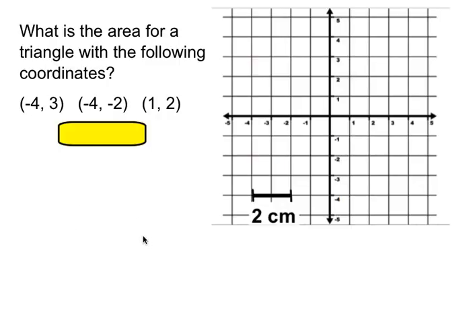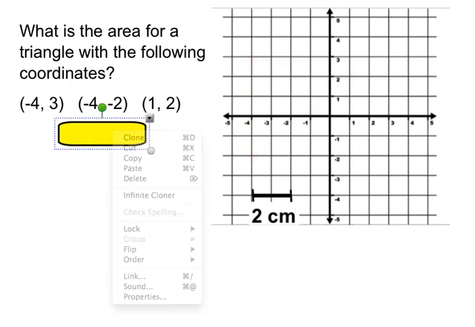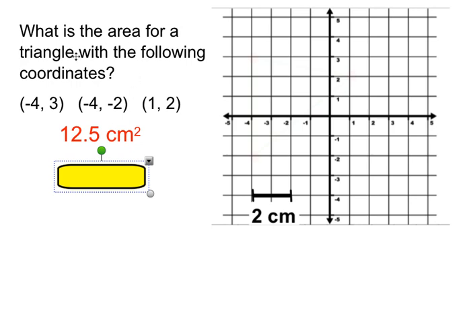See if you can solve this problem. Pause the video. Alrighty, let's see how you did. The answer to this problem, what is the area for a triangle with the following coordinates? The area would be 12 5/10 square centimeters. And the way you come up with this